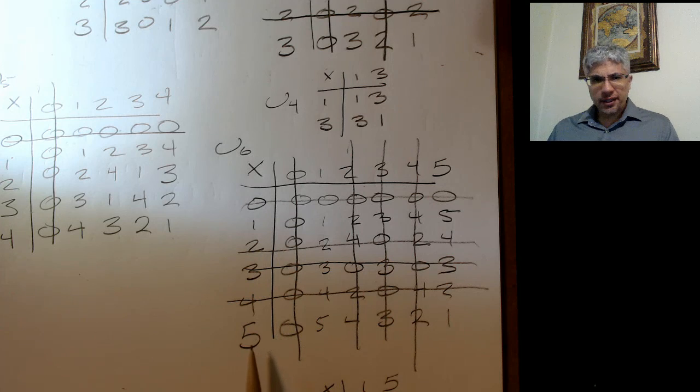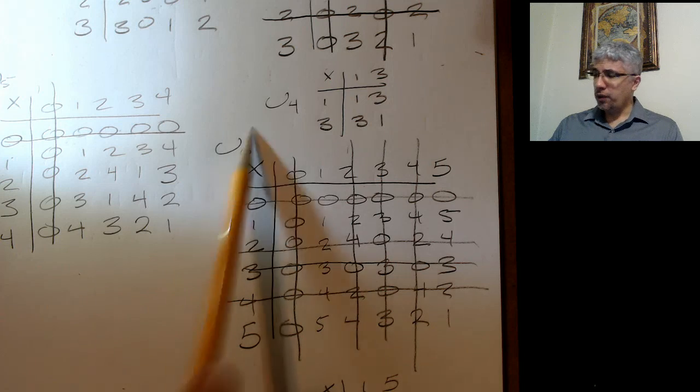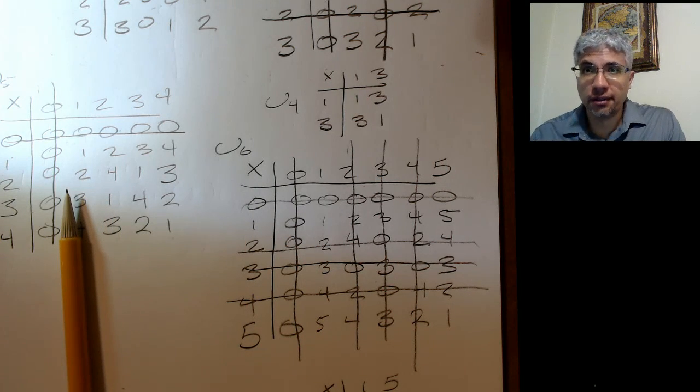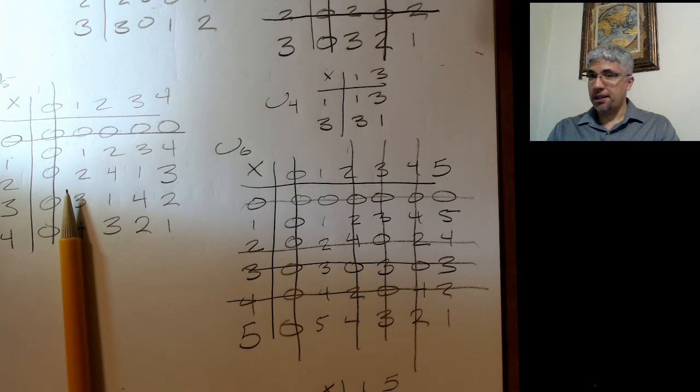So, I want to ask you, what is it about 2, 3, and 4 that made them bad here? And one thing you might say, and stop, think about your answer. I wish I could hear it right now, but I can't. But what we can do is we could say, hey,